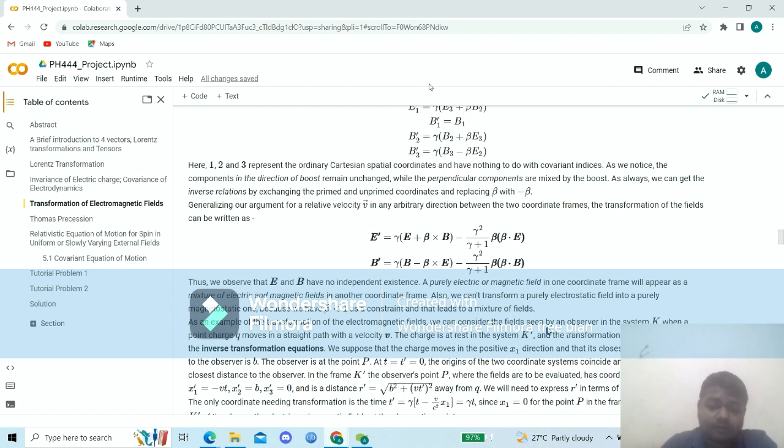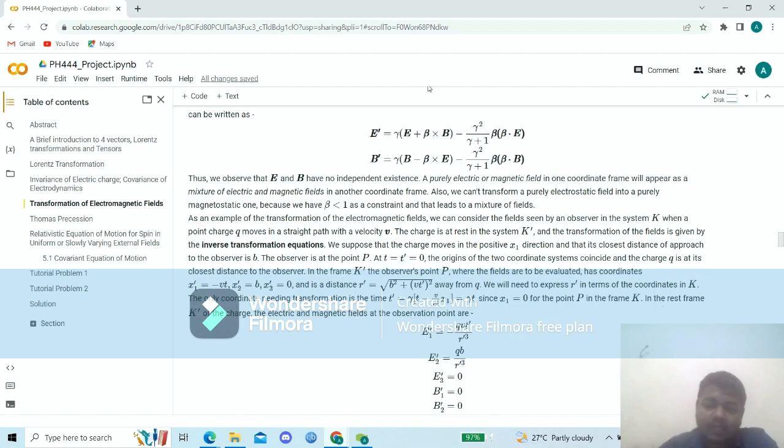And the observer is at a distance r prime away from q, which is basically the square root of b squared plus v t prime whole squared. So as always, we would want to express r prime in terms of the coordinates in the frame K. So the only coordinate which is